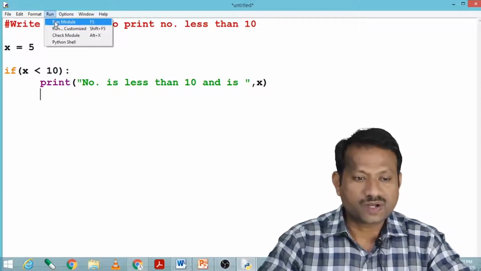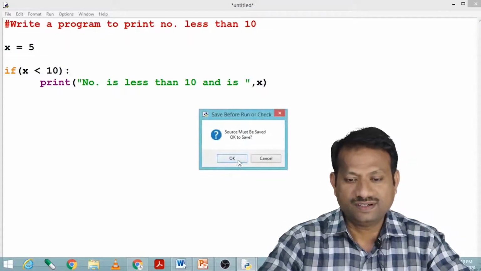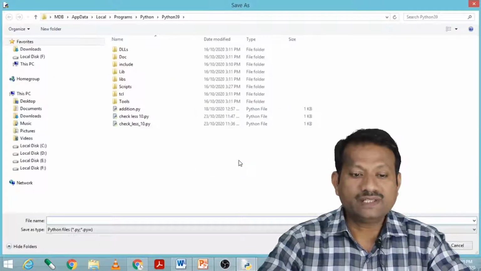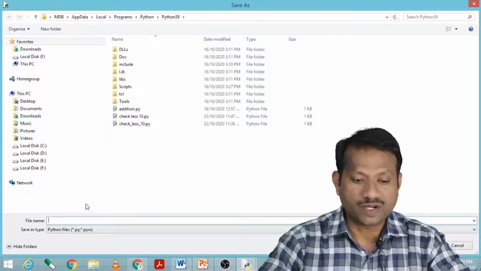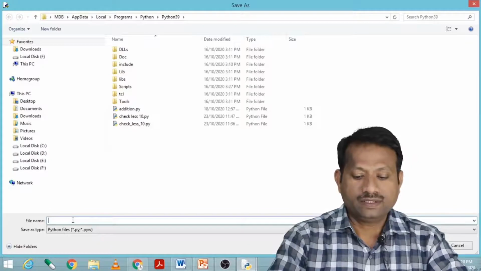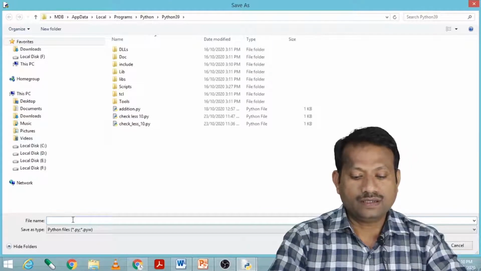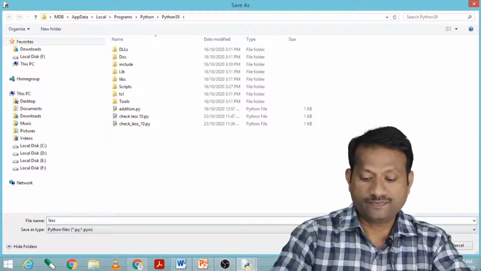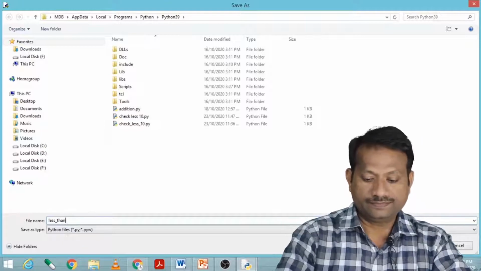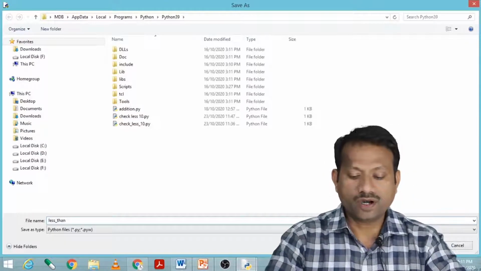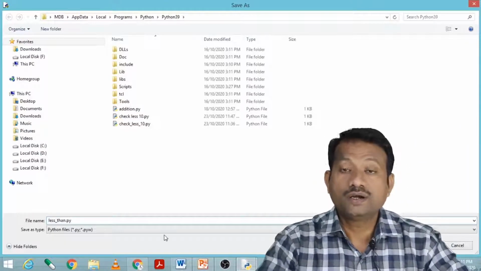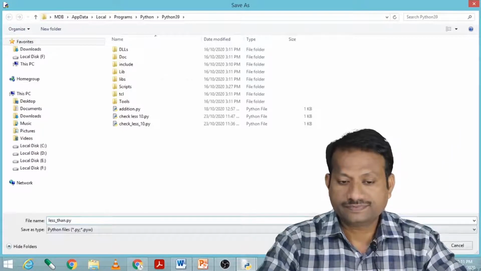If I run this program, run module, it will ask me to save the program. Here I write the program name less than, any name we can give accordingly, less than dot py. So save it.